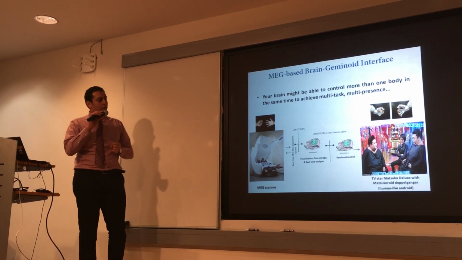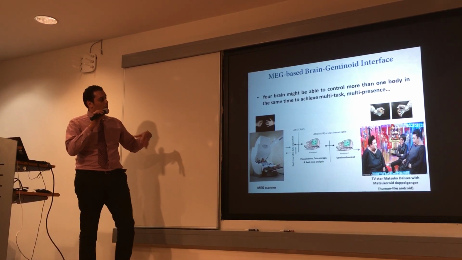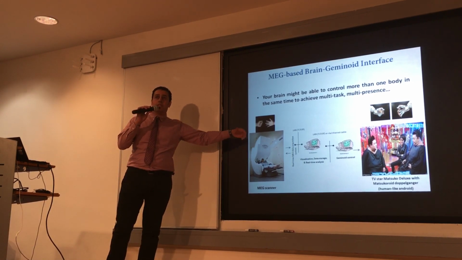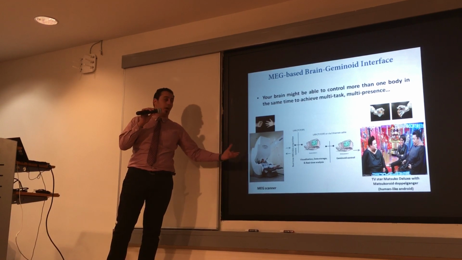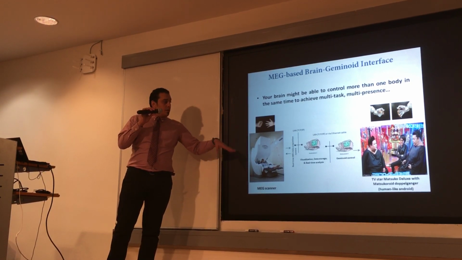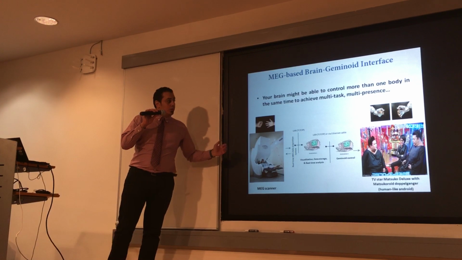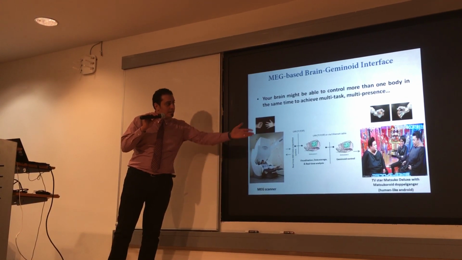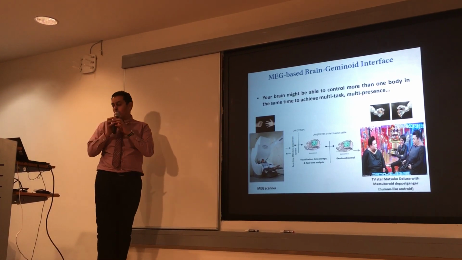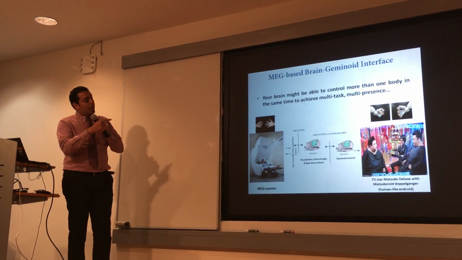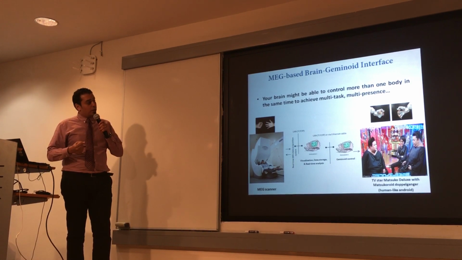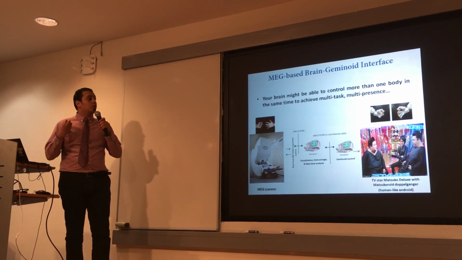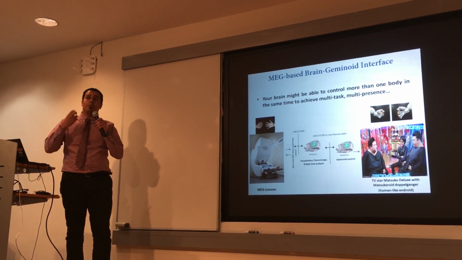I have been working with him on this project. Our goal was to control a robot using MEG equipment. This MEG equipment is just for recording the brain waves. Then we made an algorithm to decode what is going on and analyze this brain activity, and then send the command to the human-like robot, we call it Geminoid, and we see in real time what is going on. But from a neuroscientific point of view, we want to increase human ability of multitasking.